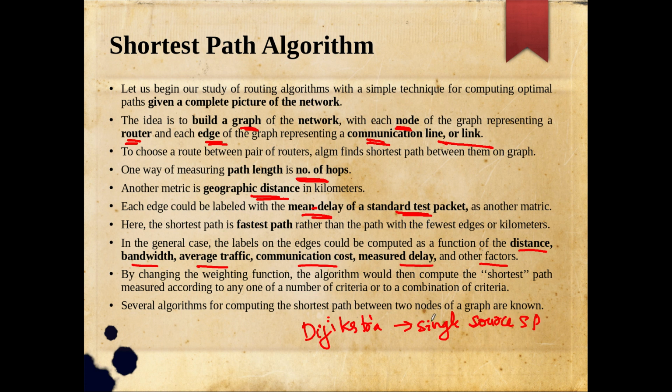From a given single source, it will find out the shortest path to all other vertices of the graph. So if you can run this for a particular router, from that router to everyone else, right now you know the shortest path, and based on another router also you run it. And if you want the shortest path between every pair of vertices, and other than Dijkstra, another algorithm we have is the Bellman-Ford algorithm, right?